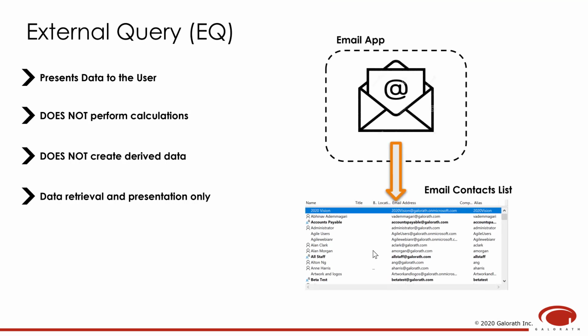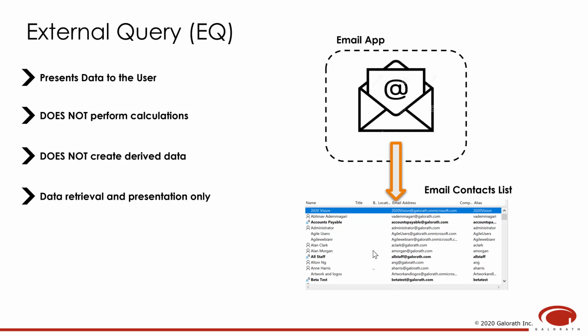A good example of an EQ is a list of email contacts from your email application. As you can see, the information is leaving the application and it is being presented to the user. However, no calculations or derived data are involved. This is purely a retrieval and presentation of data to the user. So this classifies as an external query